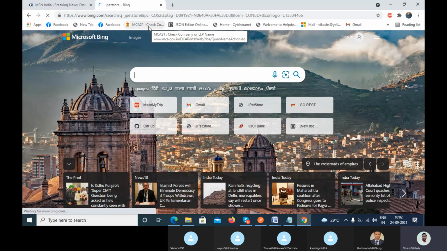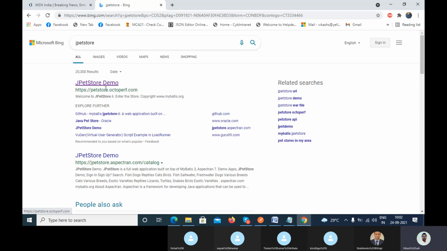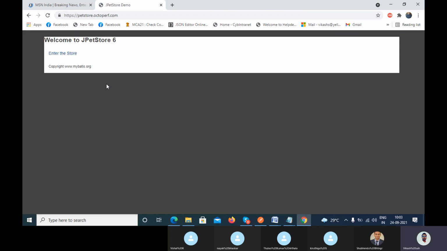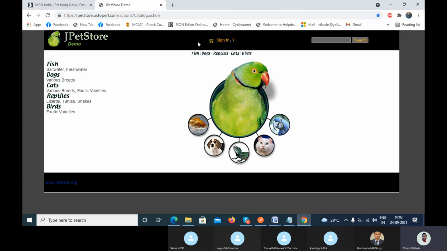I'm Vikas Kumar Shah, I have opened my browser, I click on the application and enter the store. So what happens when I open this application? Any browser will assign a session cookie, the session ID, to this particular user.